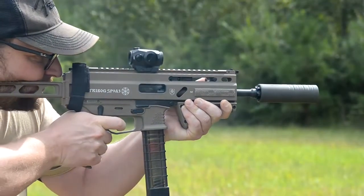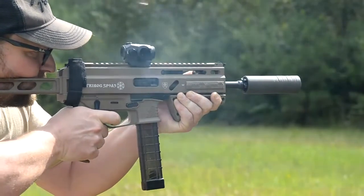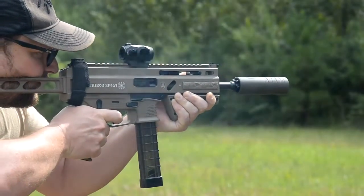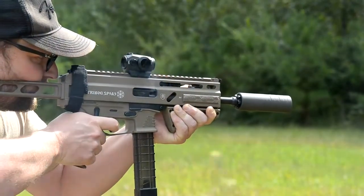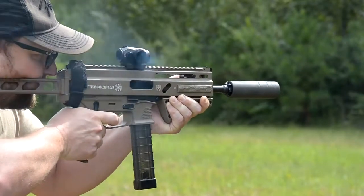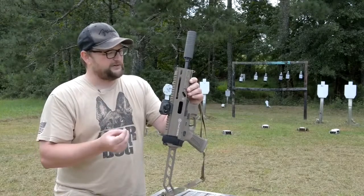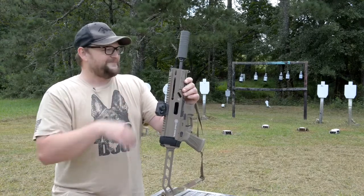The barrel's threaded 1/2 by 28, just like the standard A1. Both the guns are great. The blowback is a little pitchy. I do notice that with this gun being a delayed roller blowback, it really does sound nice. The recoil impulse is really smooth, it's really accurate, and even with this 115 grain full power ball ammo,